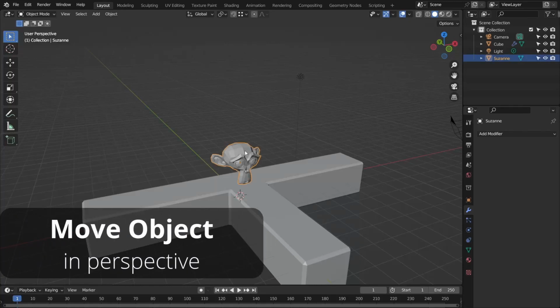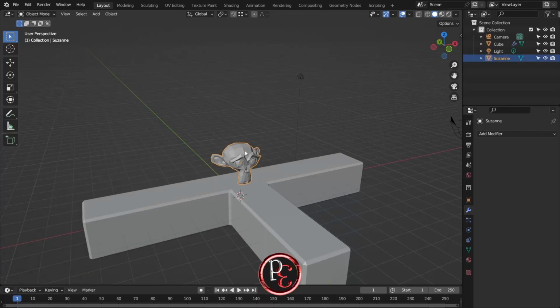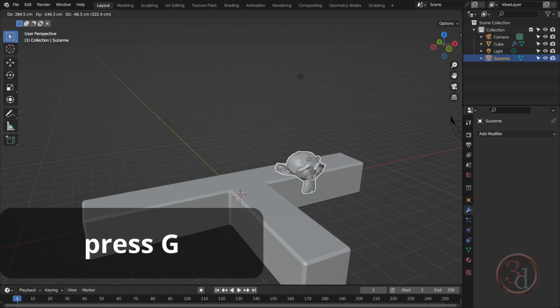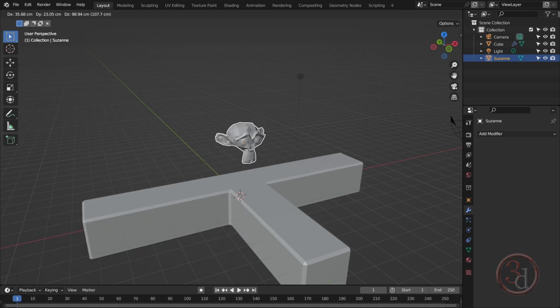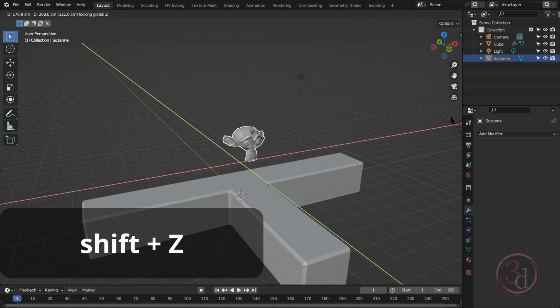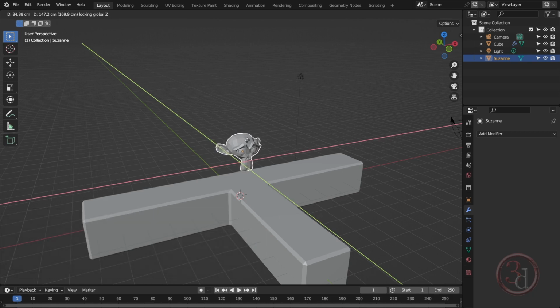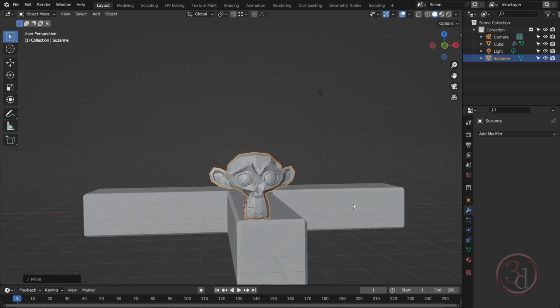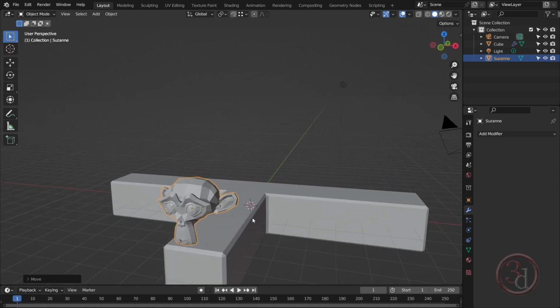Select the object that you want to move and then press G to move. Okay. And now press the shortcut Shift Z, meaning the Z will be ignored. So you will only move in X and Y without going up and down. So let me bring it over here and then take a look, meaning it only moved in X and Y